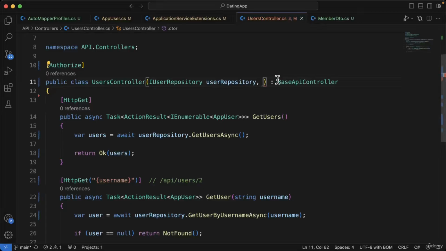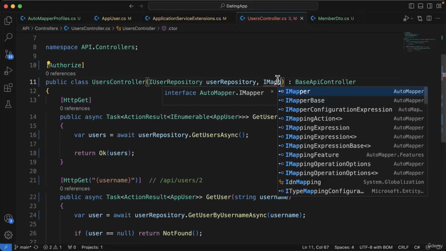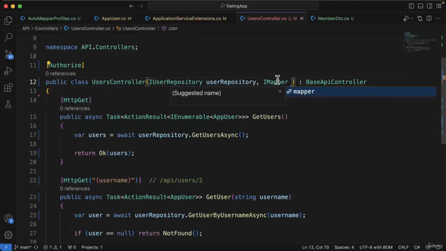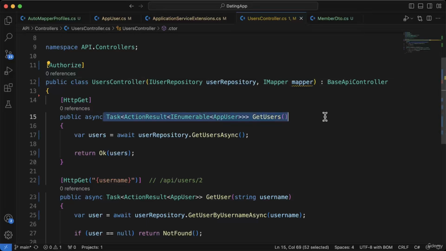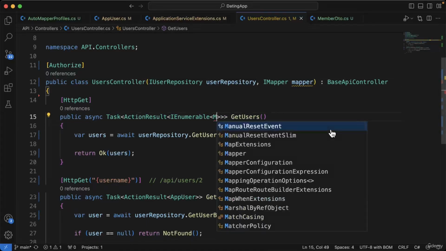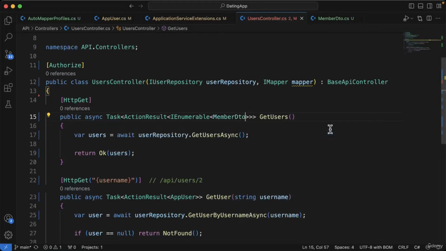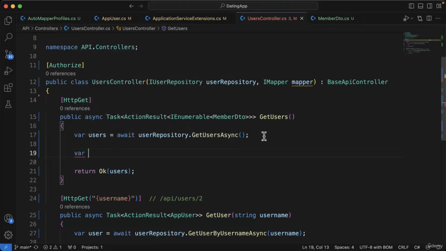Now, AutoMapper comes with an interface that we can use, and we're going to inject IMapper into our user's controller, and I'll just call it Mapper. And then when it comes to what we're returning, instead of returning an IEnumerable of app user, we're going to return an IEnumerable of member DTO. And then we'll get our users from the repository as per normal, but we'll create a variable called users to return,